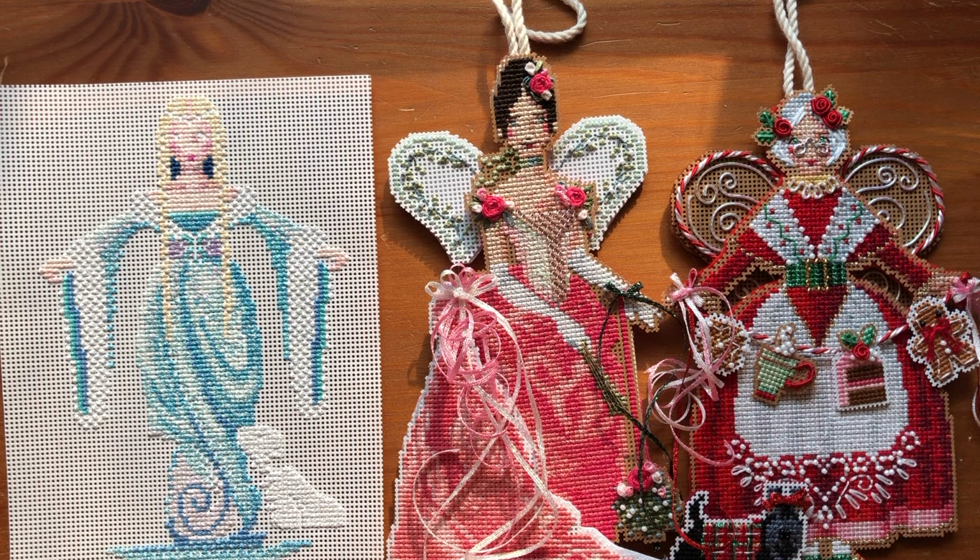Cross-stitching is one of my favorite hobbies. I have a lot of hobbies, but it's the one that I spend a lot of time on and enjoy the most. So it's really nice to talk about my projects and anything cross-stitching with you in the comment section